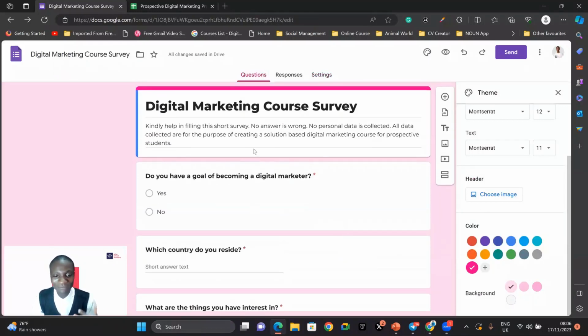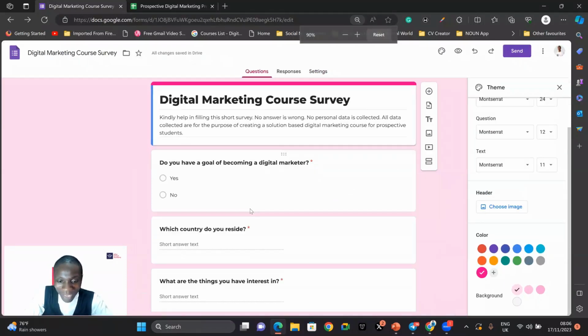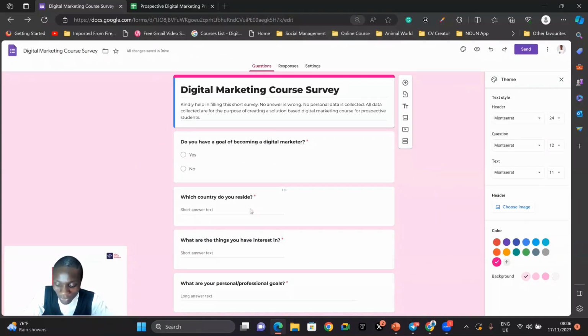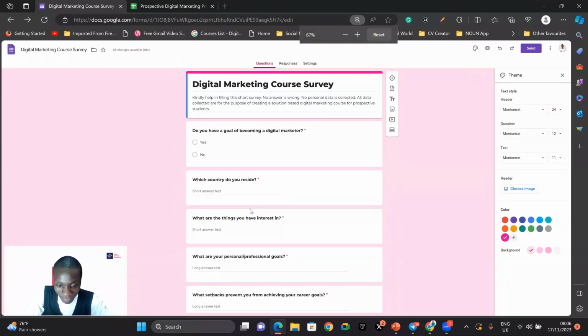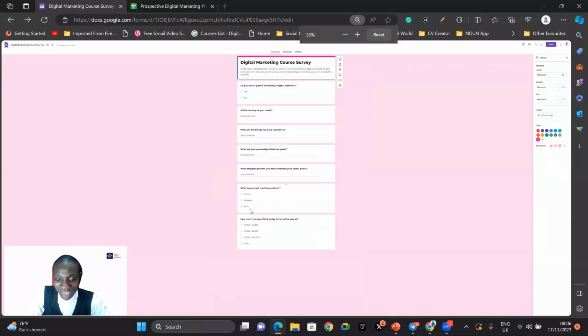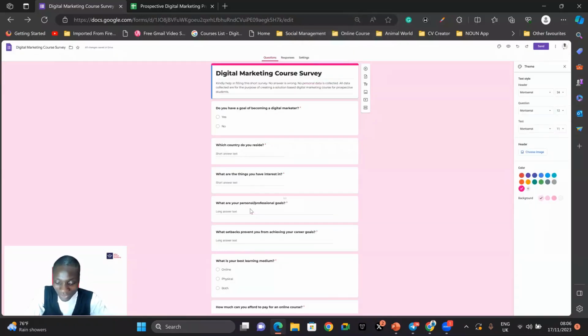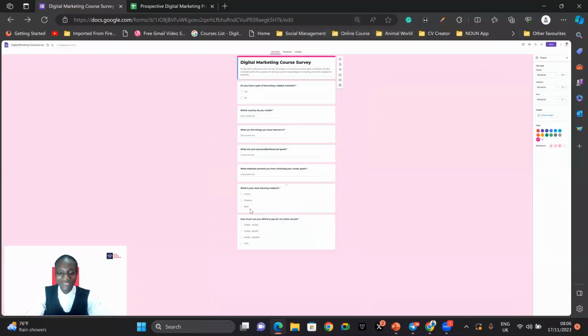For the form you created, this is the form. Now on your computer, click on Control minus. So Control minus, that is Control and the minus key. Okay, as you can see on my screen now, it will help you to reduce the size or the magnification of your screen. Or if you have any other way you achieve that, you can do so. But the easiest way is to click on Control and minus. Okay, so when you do that, by zooming out, you'll be able to see the whole form. Now you will take a screenshot of it.